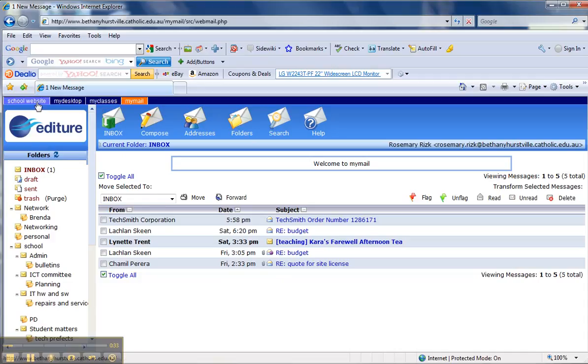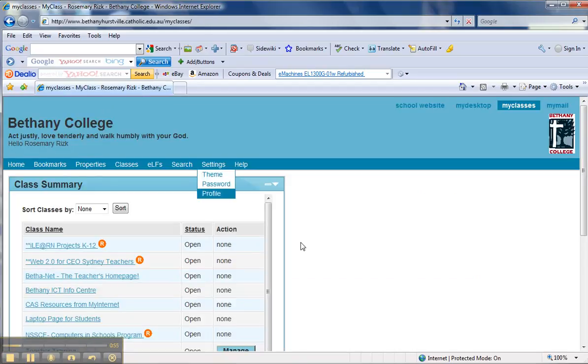Following that, you get a series of tabs. My school website is where we just came from. So right now we're either interested in My Desktop and MyClasses. My Desktop is automatically created for each person when they become a CEO employee or as part of the teaching staff. In this case, I'm interested in MyClasses, so I'm going to click MyClasses to begin with, and I'm presented